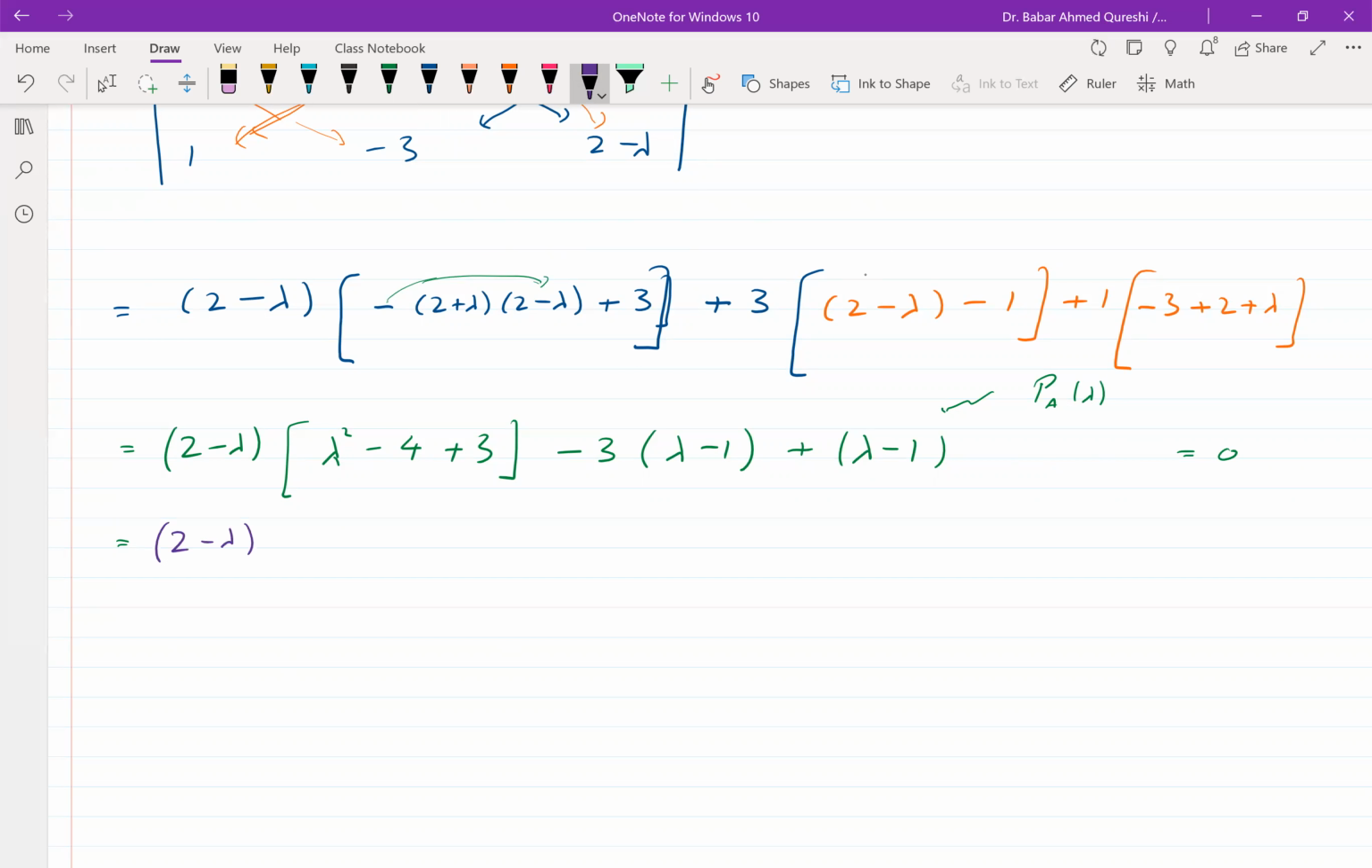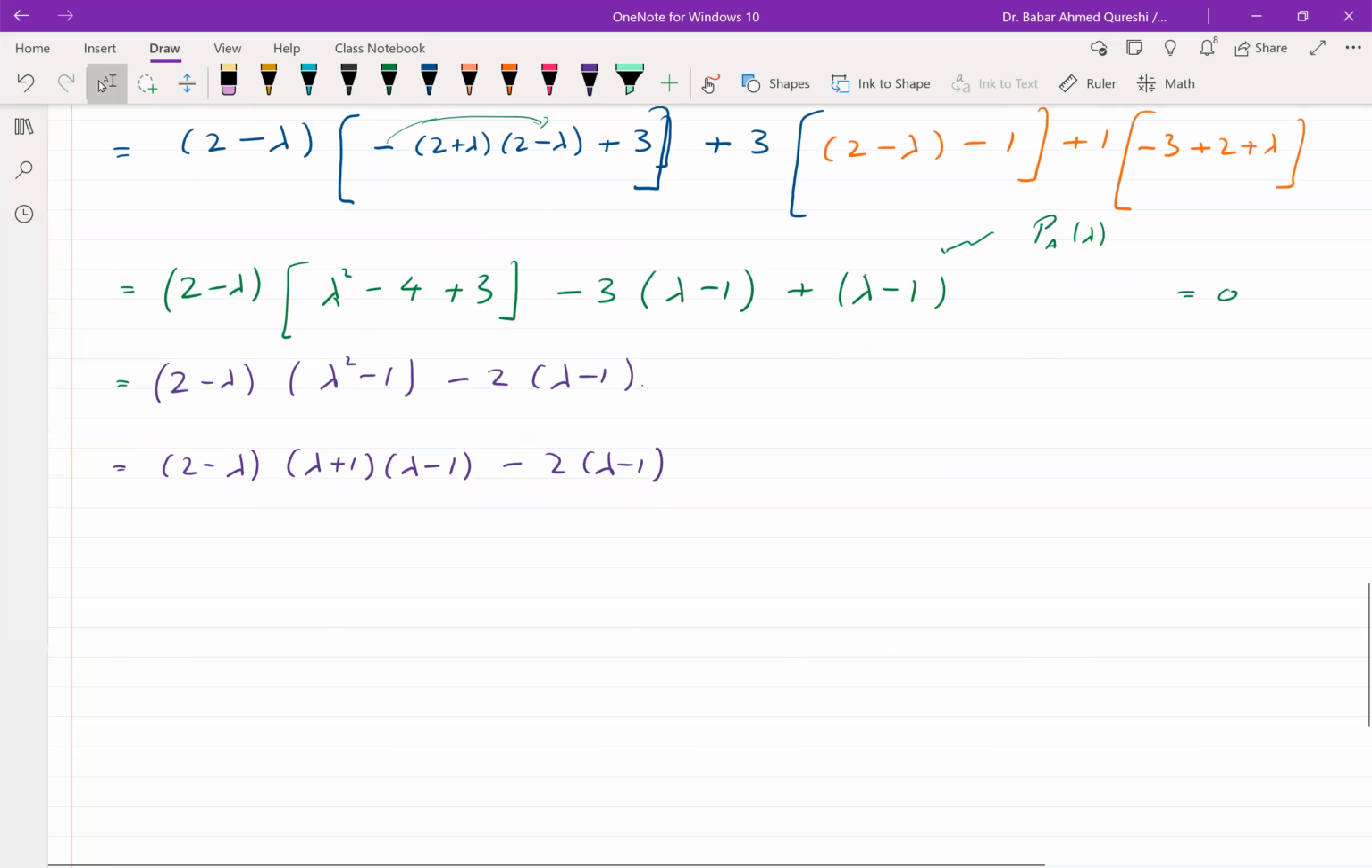So over here, I got lambda square minus 1, and I have minus 3 lambda minus 1 and plus lambda minus 1, so it gives me minus 2 lambda minus 1. And this, I can break it up like this. And now, because each one of them has a factor of lambda minus 1, I can take that common. So lambda minus 1, I take it out. So I am left with 2 minus lambda, lambda plus 1, and minus 2, which then gives me lambda minus 1,